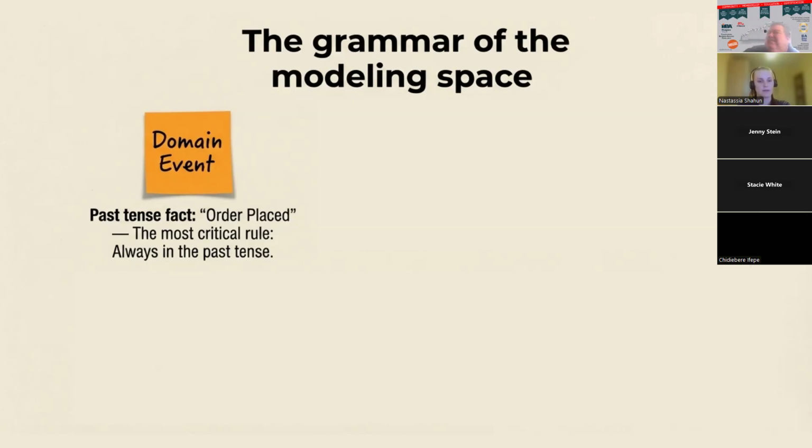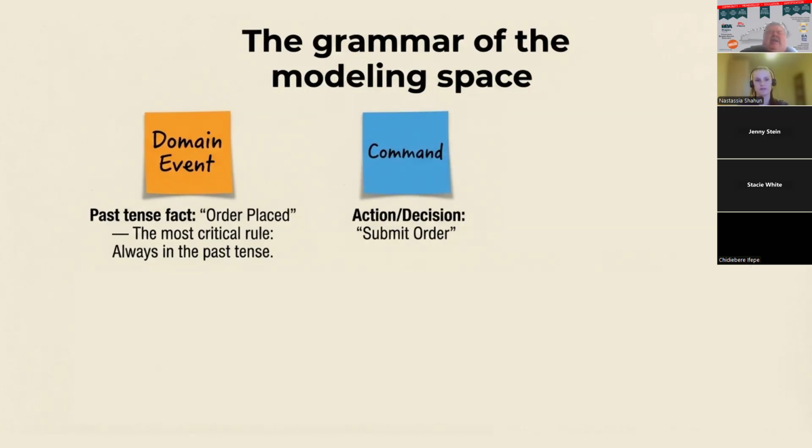Then we add other pieces of context around those events. For example, commands are the actions that trigger events. These are requests from a user or another event. On a yellow card, we will have actors, who are the users or roles involved in the process. To remind your team of the human element represented by the sticky note, you might wish to draw a stick figure here. The user can be one person or several people who trigger an event, or maybe an entire department.